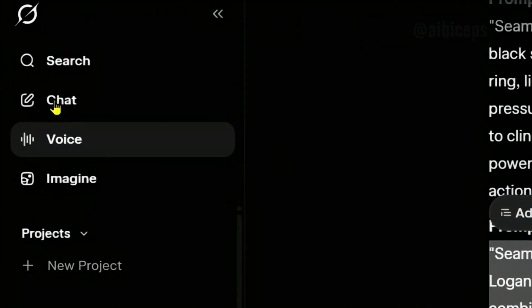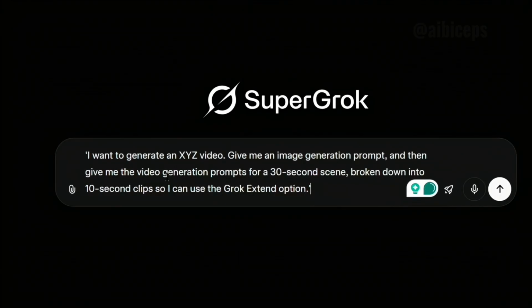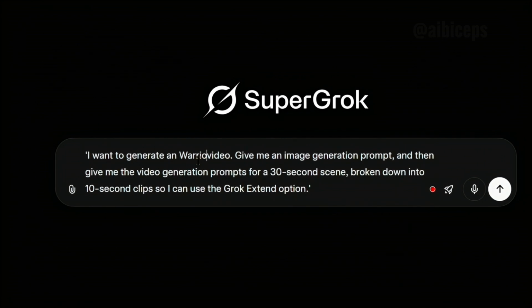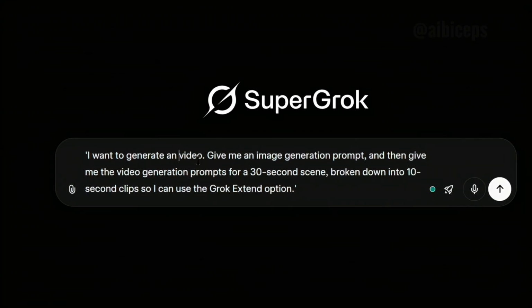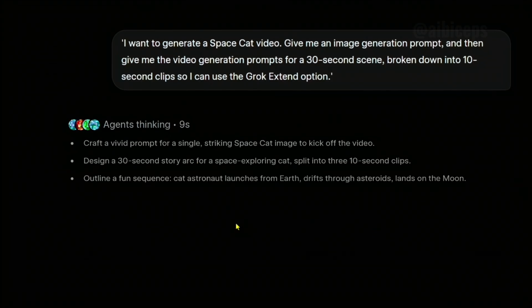I just go into the standard Grok chat and explain what I want in plain English. I tell it, I want to generate an XYZ video. Give me an image generation prompt and then give me the video generation prompts for a 30-second scene broken down into 10-second clips so I can use the Grok Extend option. Guys, it is not rocket science. You just explain your vision and Grok will literally hand you the perfect optimized prompts for every single stage of